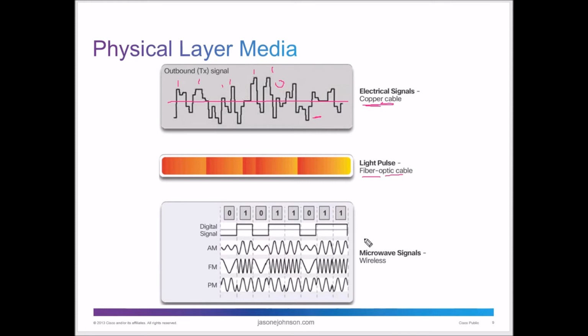And then when you have microwave signals, you've got different signals down here on the wireless. You can either have a digital signal, which is more uniform, or AM signals, FM signals, radio signals. Those are going to be more wave-like, like I was showing you, and then you could draw a line. It should be a straight line there, but I can't draw very well with my mouse. But if it goes above that line, it's considered a 1 or on. And if it goes below, it's off.